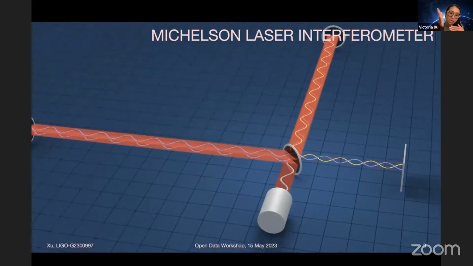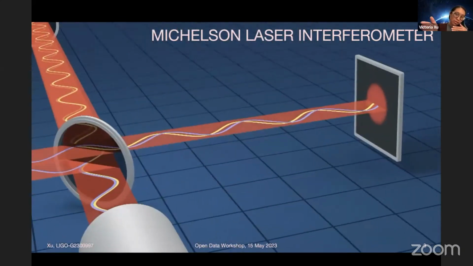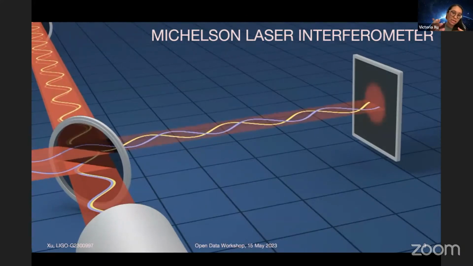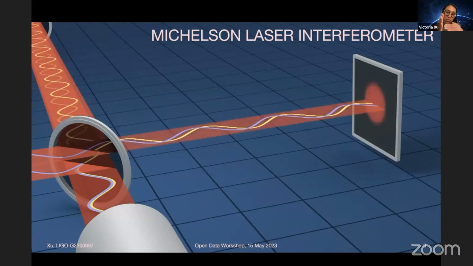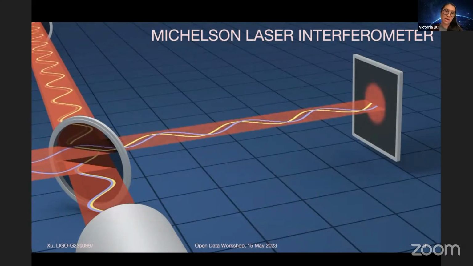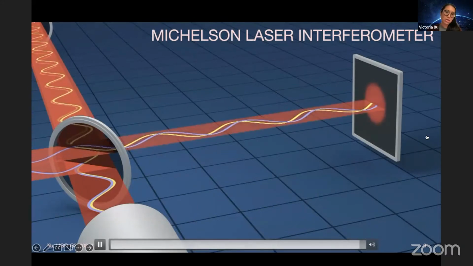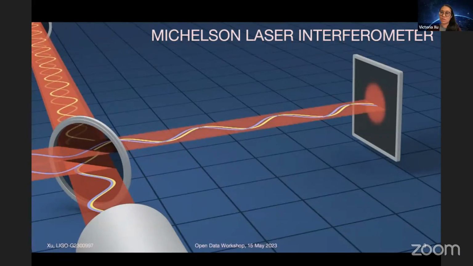And what you see at the output of the interferometer on the screen here is that the brightness of the light at the output is changing in response to the strain. That is the differential change of the arm length in the interferometer. So this is the premise of how a laser interferometer operates. Okay, if we keep moving on now,